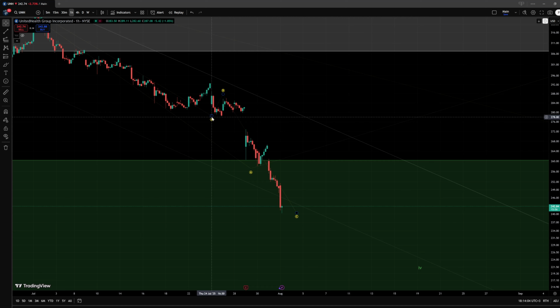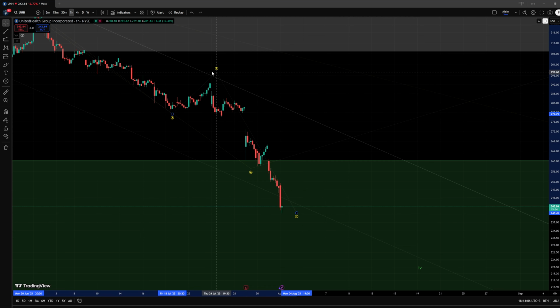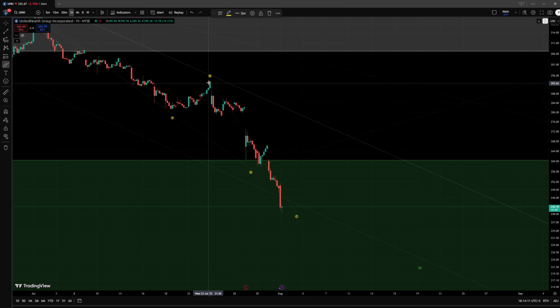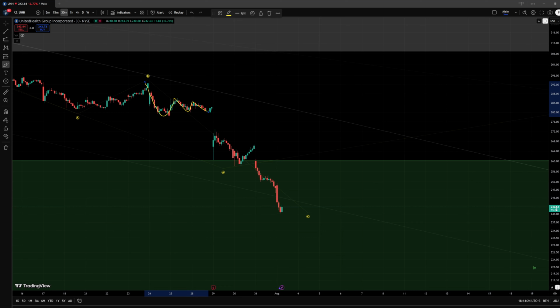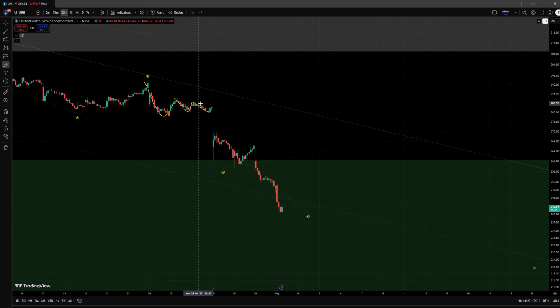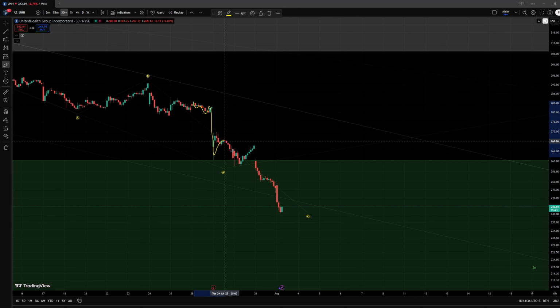And the way I am tracking this movement at the moment is with the C wave starting from here, from this B wave top, and we had probably here a 1, a 2, and then another 1, 2, and I think here in this move to the downside there are 2 1 2 setups based on the retracements here for the fourth waves, and I would count it at the moment as a 1 2 1 2 3 4 5